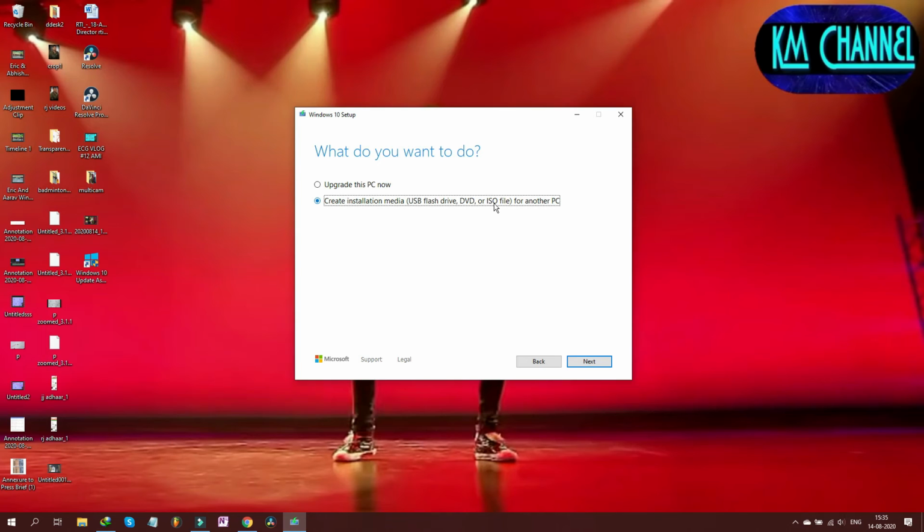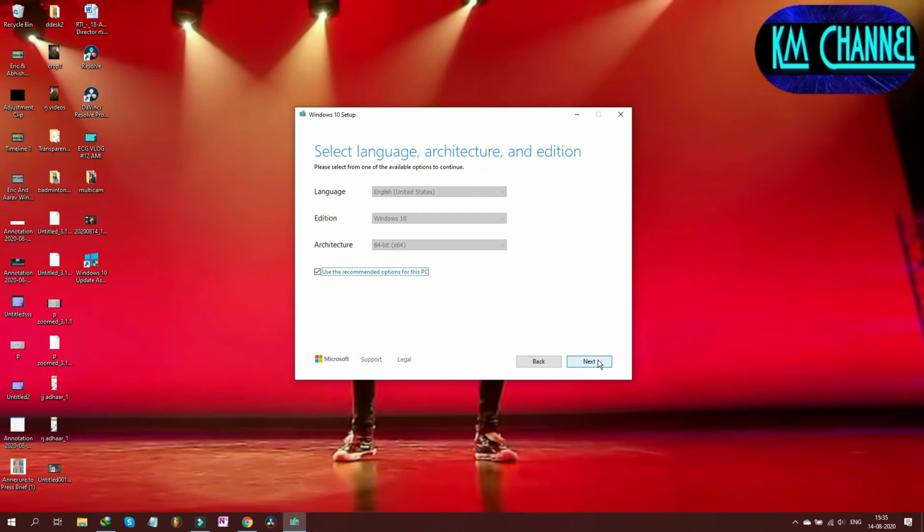ISO is a compressed bootable file which you can burn on your USB drive or CD or DVD, and you can start your computer with that. You can troubleshoot also. So we'll click next, and then it will ask you the details, what type of edition you want, because if you are running Windows 7 Home Basic, it will automatically look for Windows 10 Home Edition. So it has already sensed that it's a 64-bit operating system, which I am using already, and otherwise it will look for 32-bit.